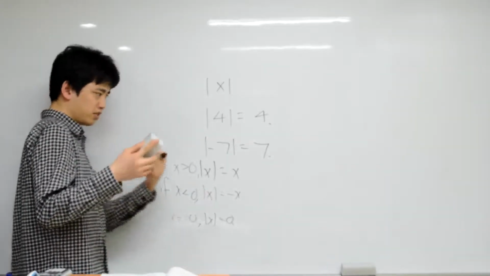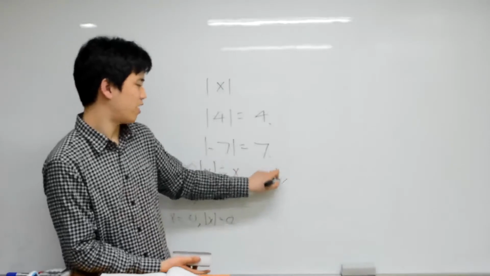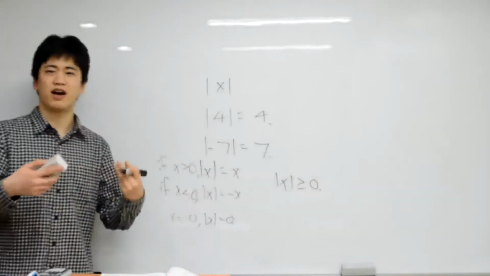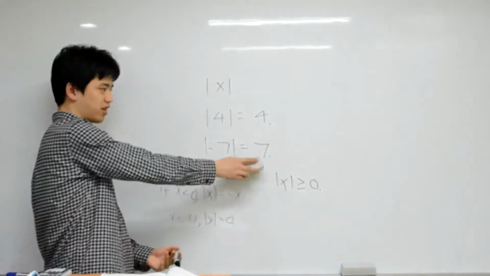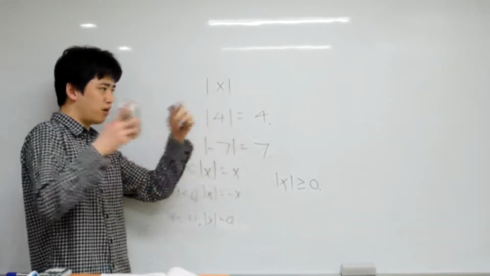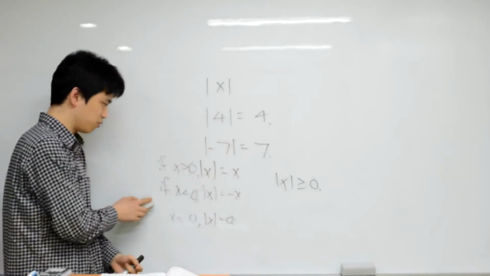So one obvious thing that this means is that the absolute value is always greater than or equal to 0, right? Because something can't have negative size. So absolute value is always greater than or equal to 0. And you see this clearly here. The absolute value of any positive number will be a positive number. The absolute value of any negative number will also be a positive